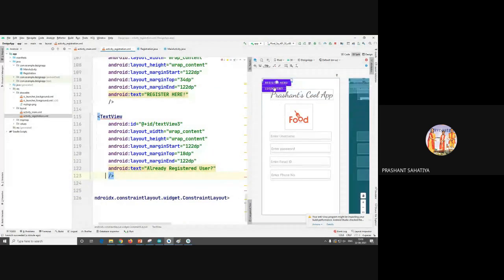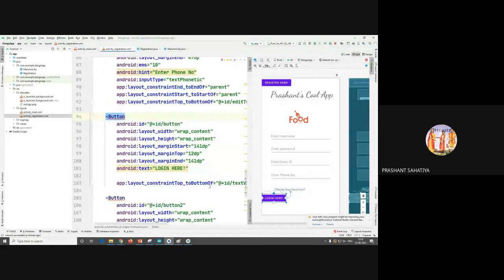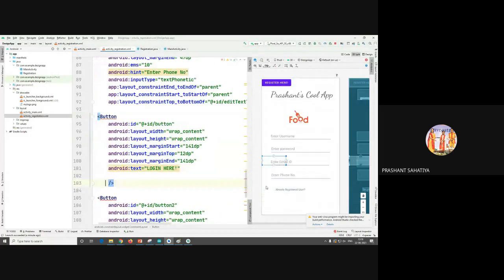Now I'll take the registration over here. One constraint is still here, I'll remove that also. Why am I doing this?